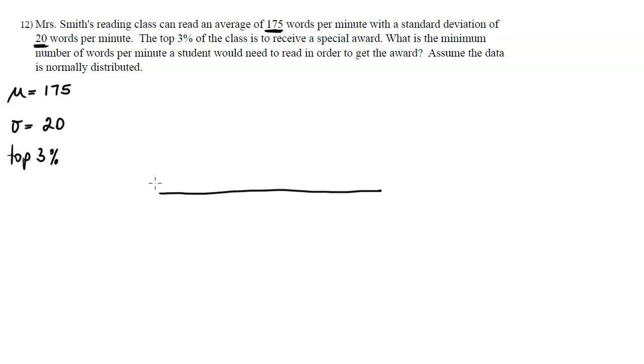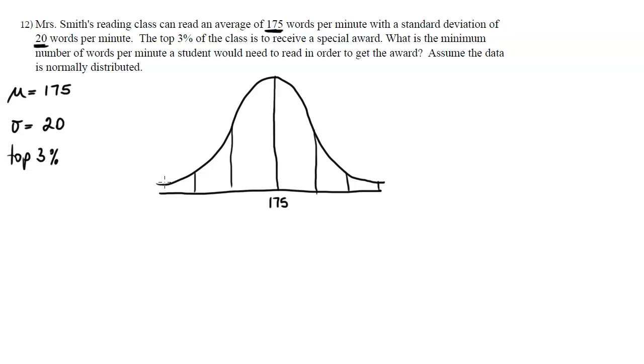So that means I can draw my normal distribution and write some stuff in here. Okay, so here's my normal distribution. Here is my population mean right in the middle. That's 175. And each of these represent a standard deviation. Right? So my standard deviation is 20, so 175 plus 20 is 195, plus another 20 is 215, plus another 20 is 235, minus 20, minus 20, minus 20,